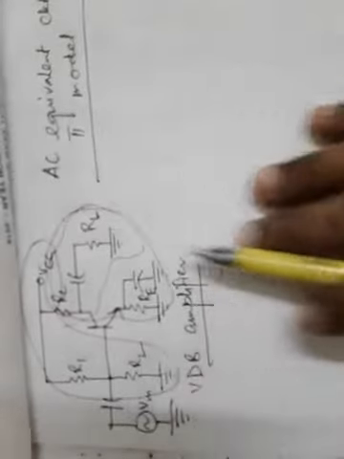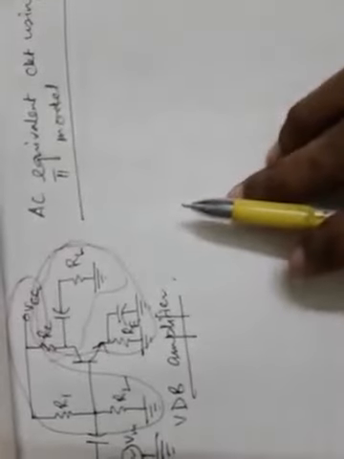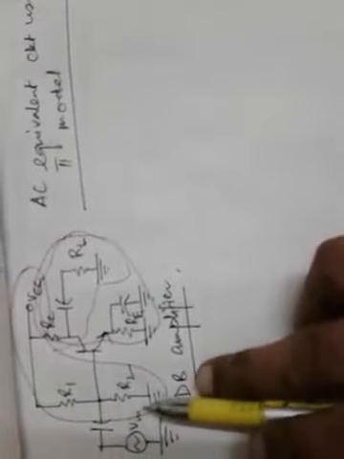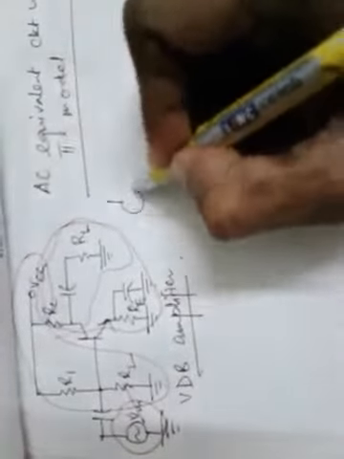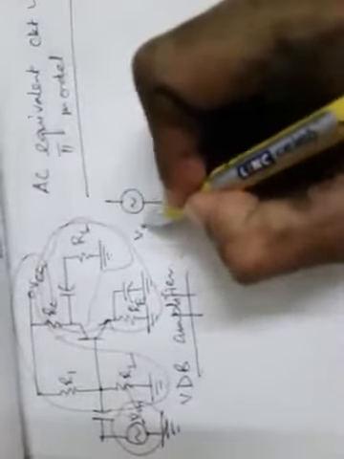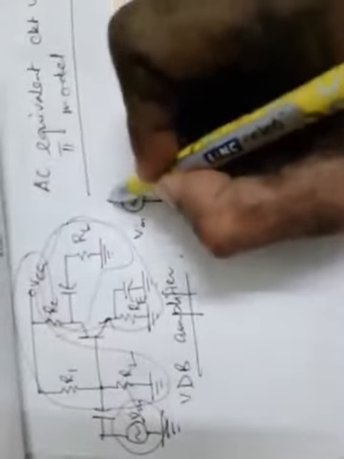So now just take note of the different circuit elements and the sources present at the input loop and the output loop, and let us start drawing the AC equivalent circuit in light of the pi model. Let us first try to draw the AC equivalent circuit for the input side, that means R1, R2 and VCC, and along with it we will be connecting the input source V in with this input part of the circuit. So let us first draw V in as the input, and since it is pi model, everything will be in parallel to this V in, that means R1, R2.